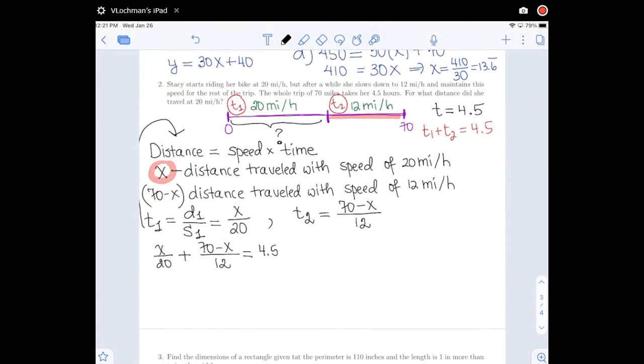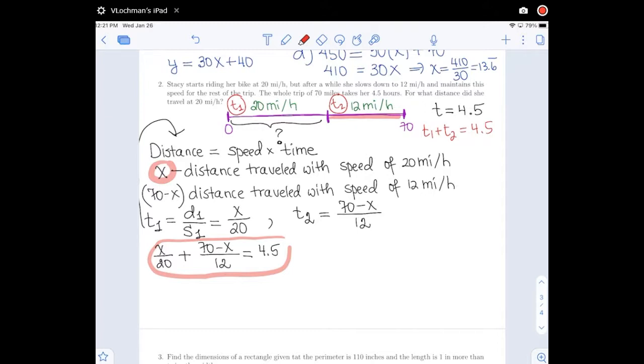It's a linear equation in one variable, right? We've done it last week. We know how to solve this kind of problem. Once we set this up, that's half the battle, and that's typically the difficult part, setting it up. So now what am I doing here? I'm looking at these numbers in the denominator, 20 and 12. I'd like to find a